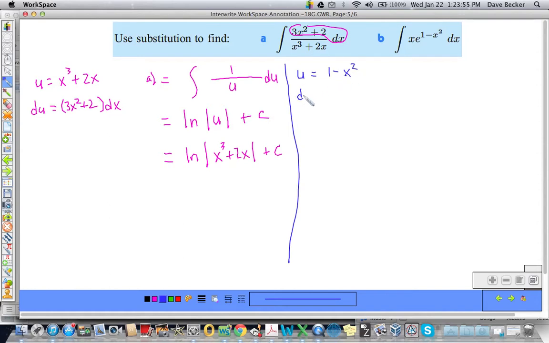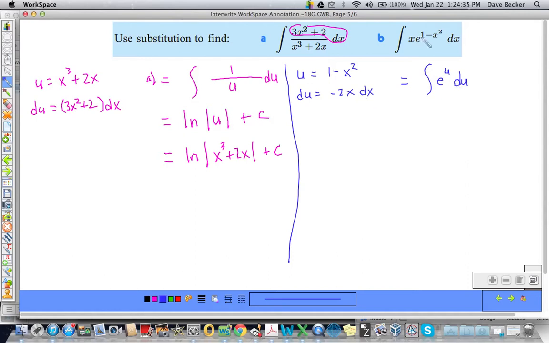Well, du is equal to negative 2x dx, okay, which isn't quite my x here, but look what we can do to manipulate that, to make that work. So I am going to say that this integral is equal to the integral of e to the u du, okay? But we have a problem because right now they're not equal, because du is equal to negative 2x dx,